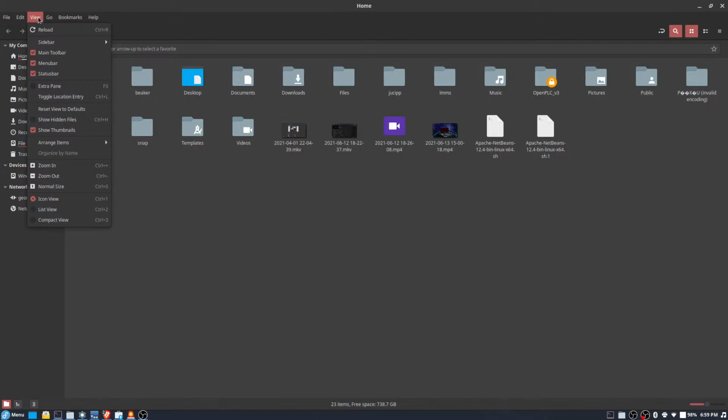List view, compact view. Zoom in. I think that might be it. Oh, huh.